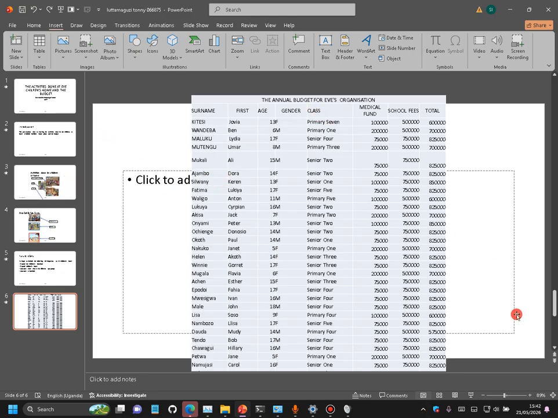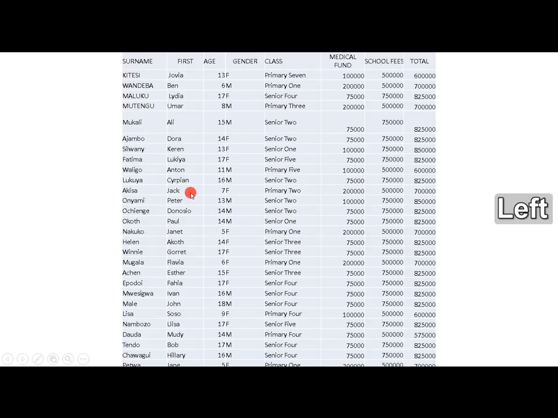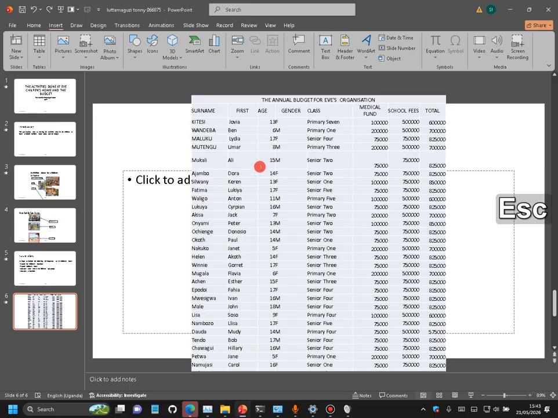If you try to see the slide show the way it is going to appear, it is cut off. This is how it's going to be, but it's not full. So I'm going to change the orientation. Let me press escape and